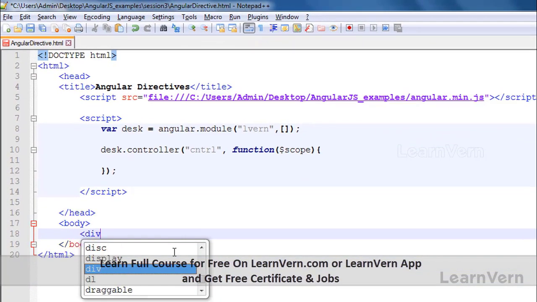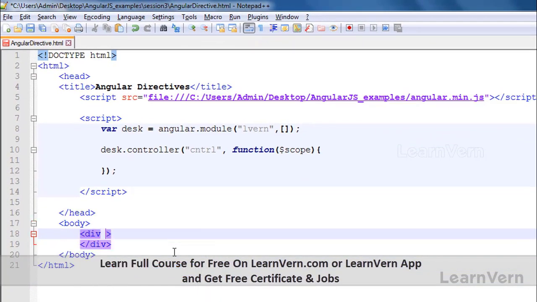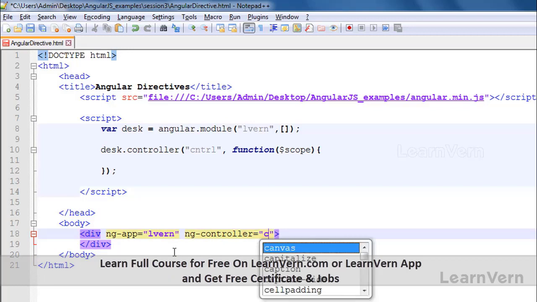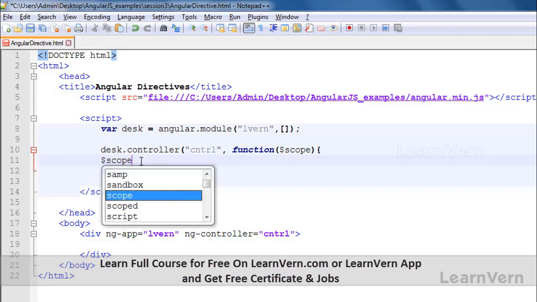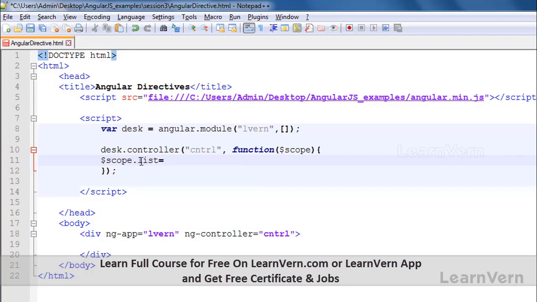First make a div tag. Let's define my ngApp is equal to LearnVern, ngController is equal to your controller name, that is cntrl. And here I will write the code. Let's initialize some variable here. Say $scope.list is equal to, let's create an array, xyz, comma, abc,